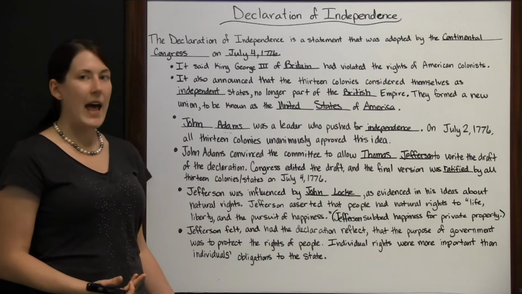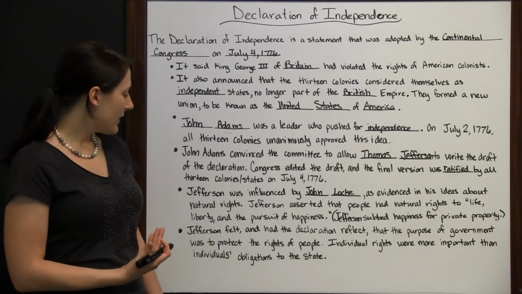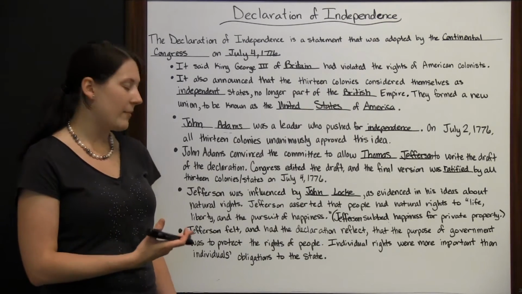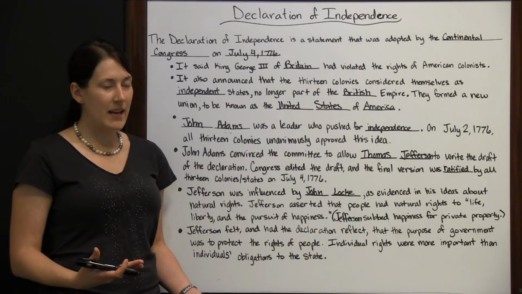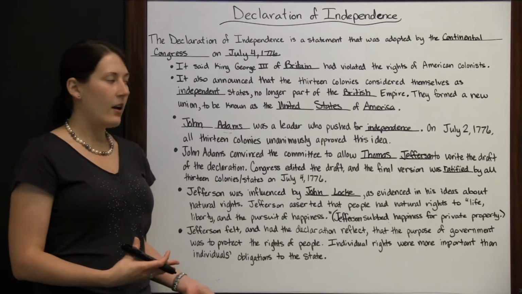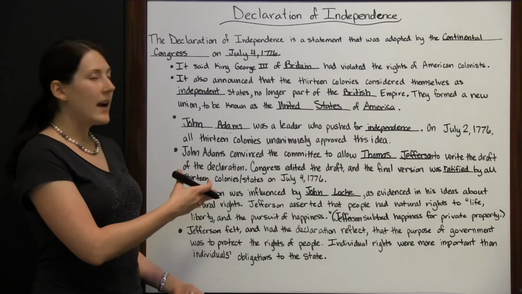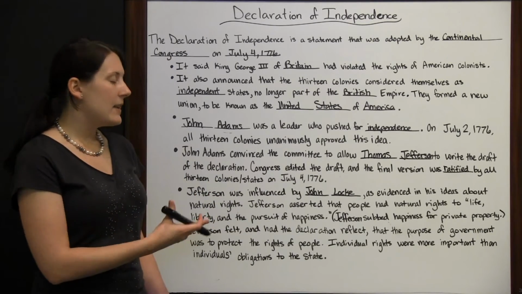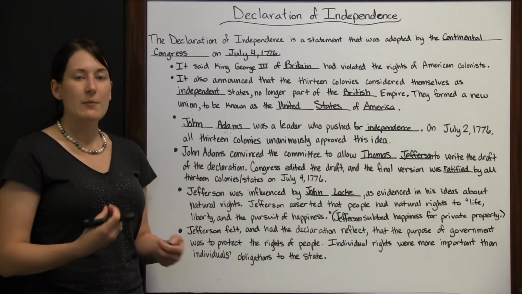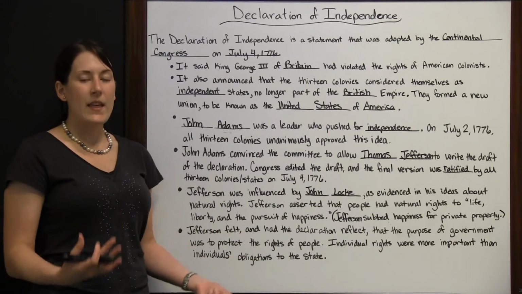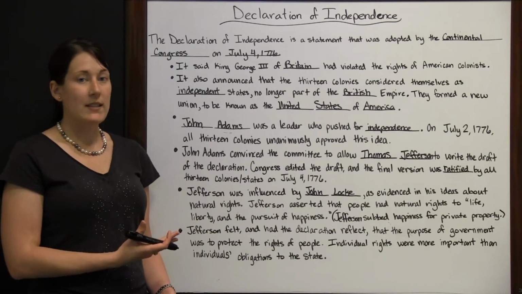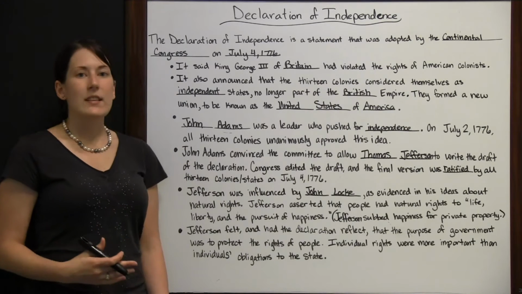Now, Jefferson felt and had the Declaration reflect that the purpose of government was to protect the rights of people. Individual rights were more important than the individual's obligations to the state. King George had the opposite idea, and he was trying to force his laws and his taxes on the colonists. So people who were signing the Declaration of Independence were agreeing that people's individual rights were more important than their obligation to the state or to their government. So people's individual rights should come first, and then their obligations to the state. And that is what Jefferson was trying to reflect in the Declaration of Independence. So on July 4th, 1776,